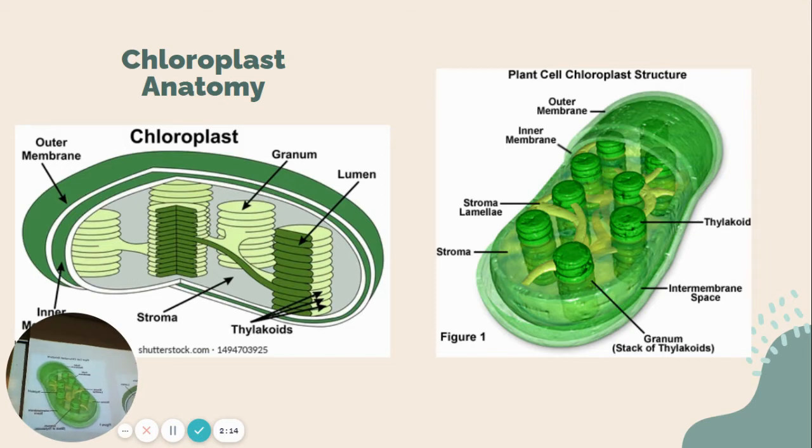So this is a chloroplast. As you can see, it looks like a blob. You can notice it has 2 layers on the outside. The actual insides are another layer, which is kind of funky because it's a layer inside a layer inside a layer. The little disc things are called